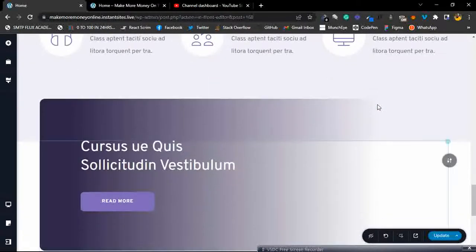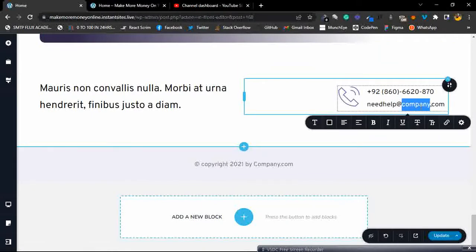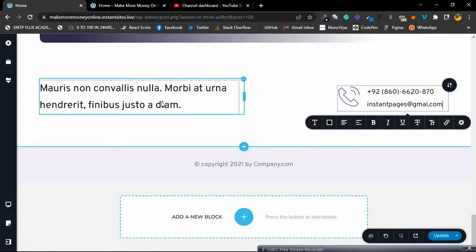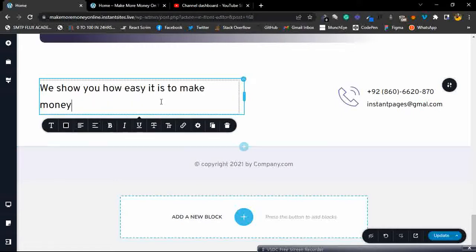So from what we have now, we can make changes to the text we have here. Let's say I want to put my business email address. I can just say instantpages at gmail.com. Easy. Then you put in your business phone number. All right, I can change this text here and say we show you how easy it is to make money